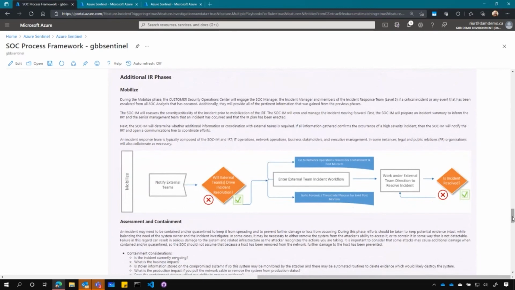We have additional incident response phases. We talk a little bit about the mobilize side. Again, this is pulling in external teams with that institutional knowledge. What they have to offer is critical because they know about those systems. They understand what those systems are doing, how they're communicating, who should be accessing them, right? What artifacts or files live on there, what systems are running on there, services, and what those services are communicating